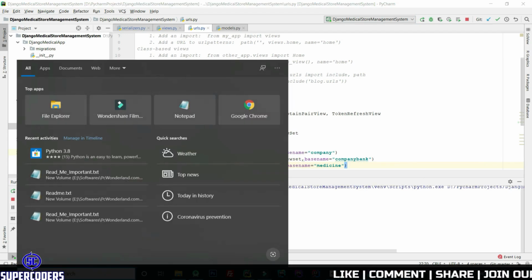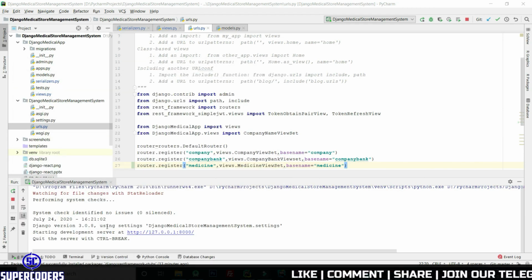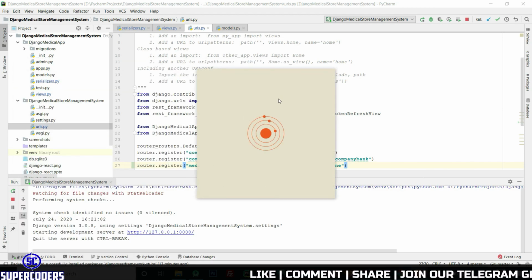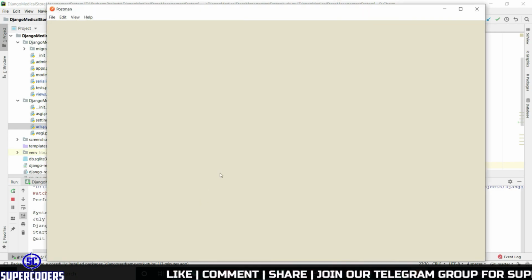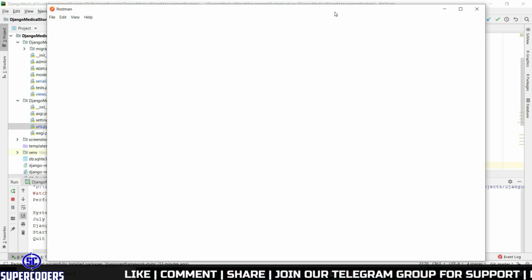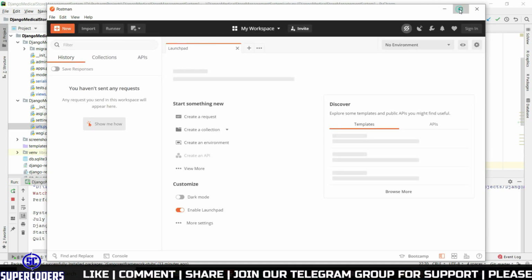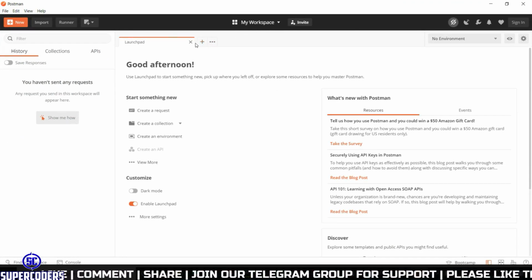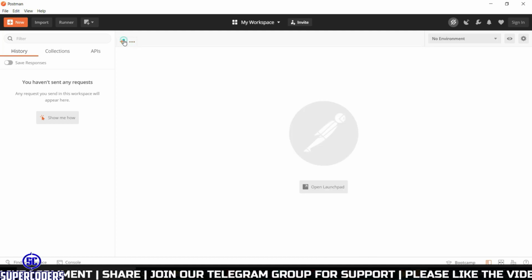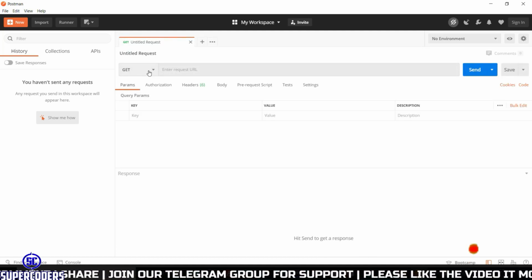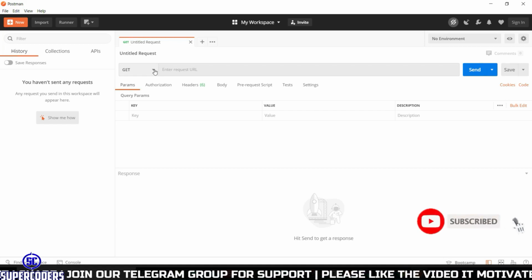Now let's open Postman. Open a new tab. Then first access the token.